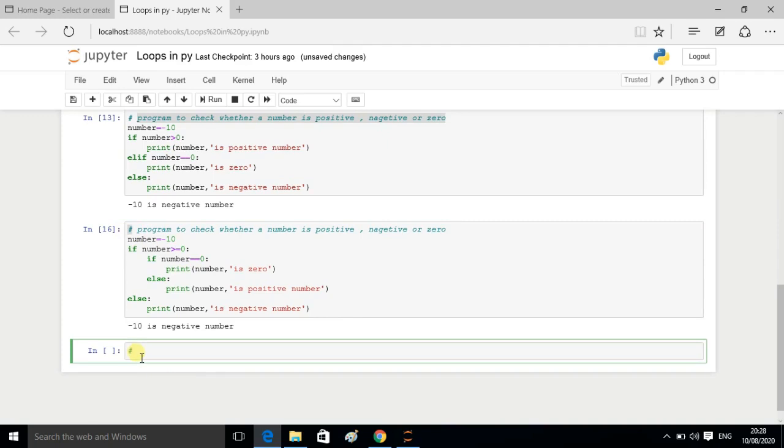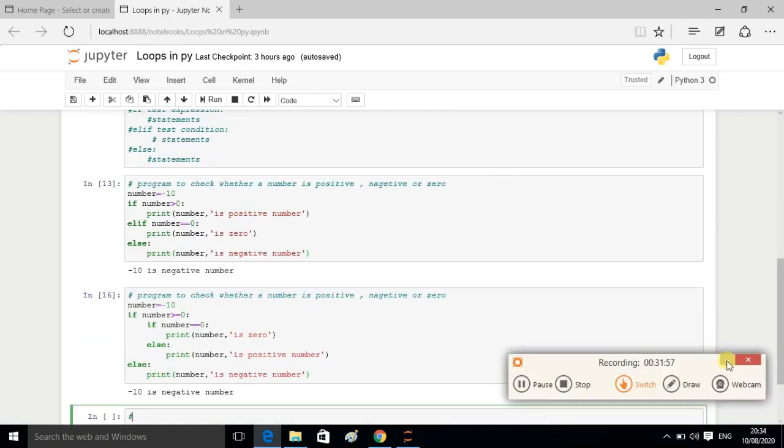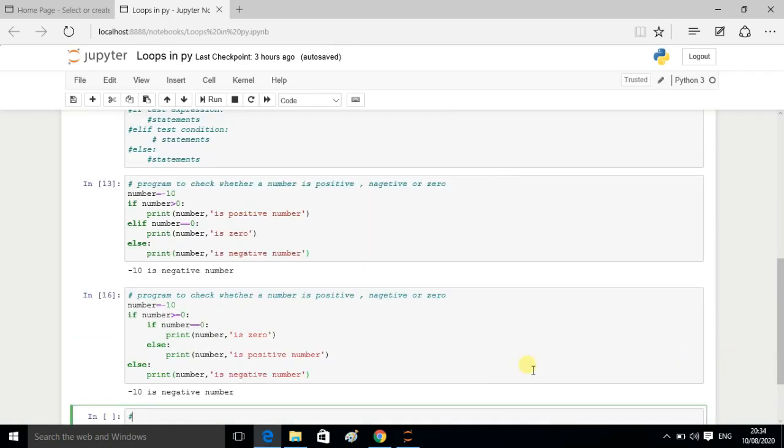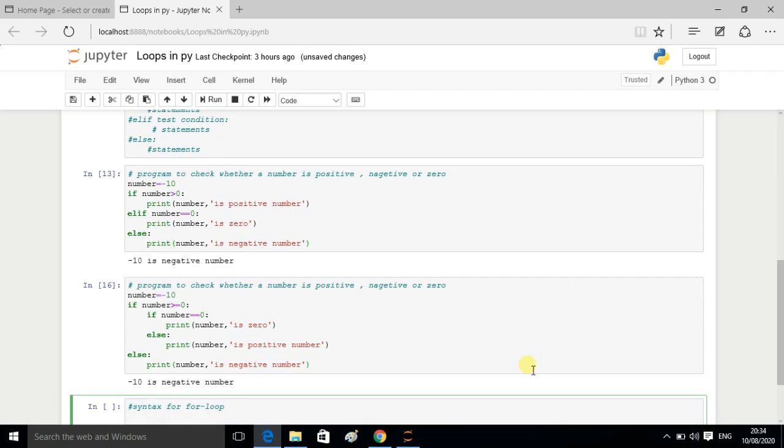Let me write the syntax for the for loop. So the syntax is like this: